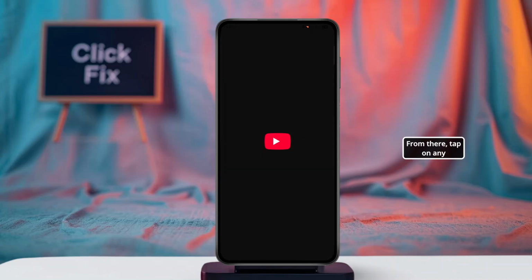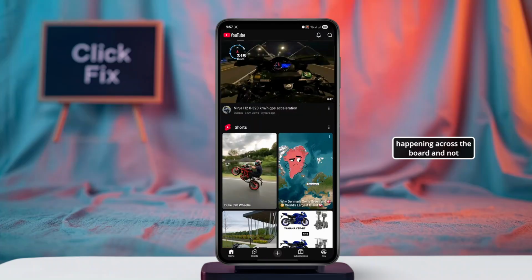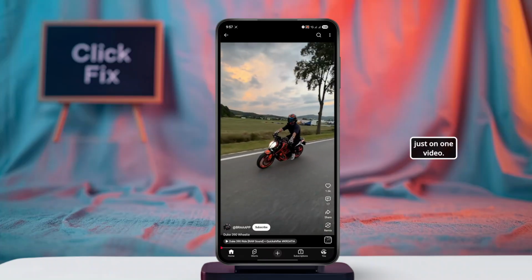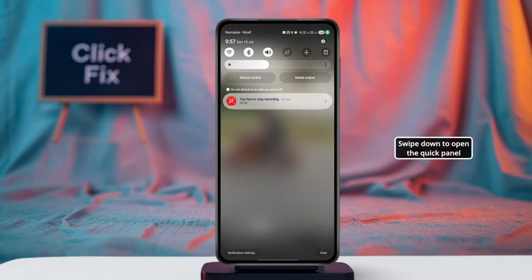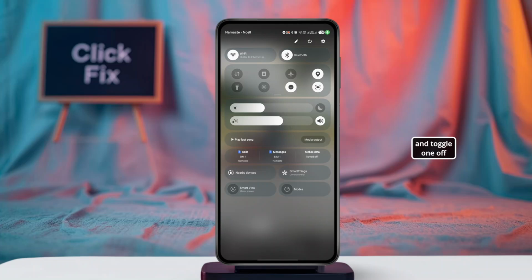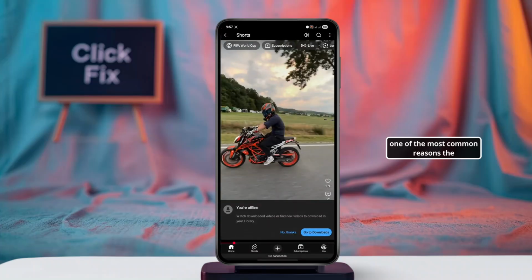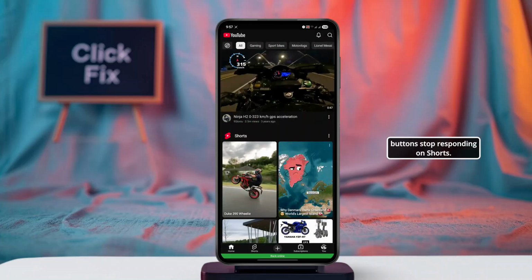From there, tap on any short to make sure the issue is happening across the board and not just on one video. After that, check your internet connection by switching between Wi-Fi and mobile data. Swipe down to open the quick panel and toggle one off while turning the other on. A weak or unstable connection is one of the most common reasons the like, comment, and share buttons stop responding